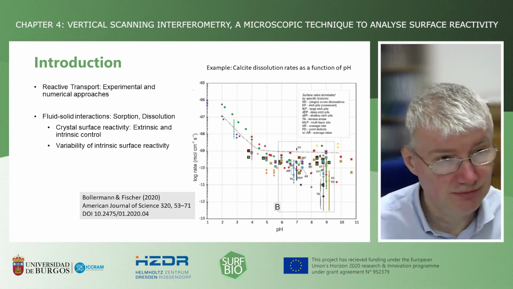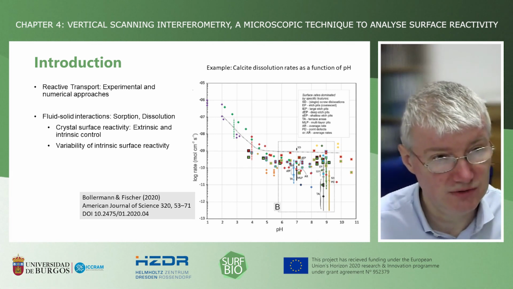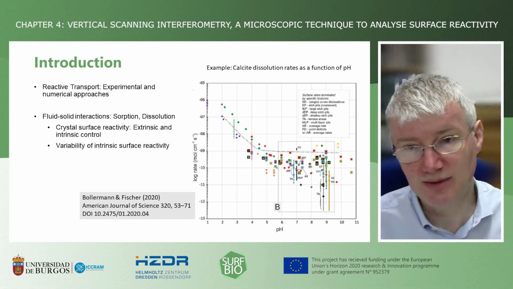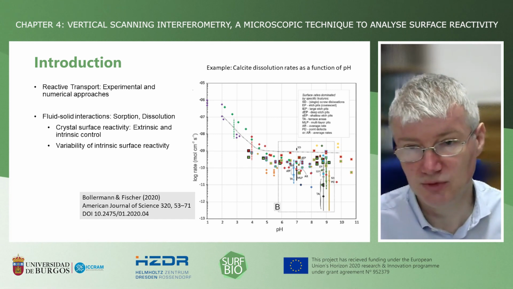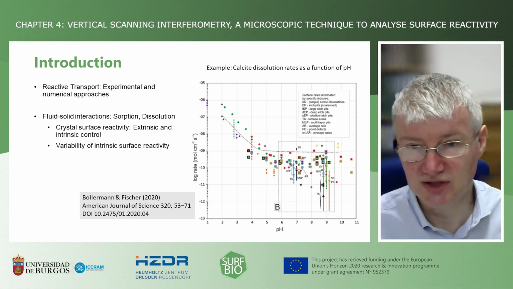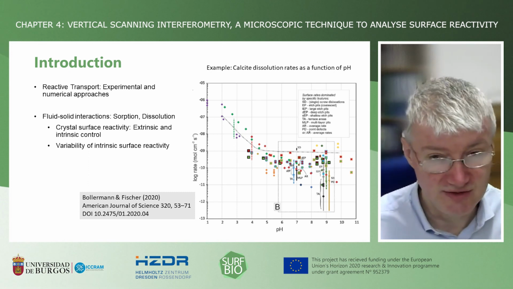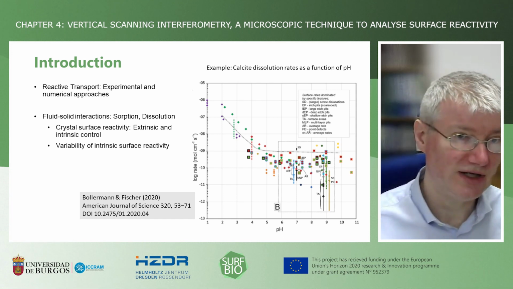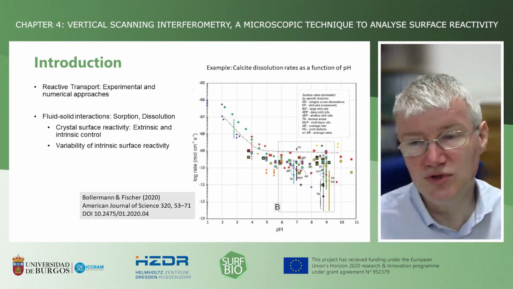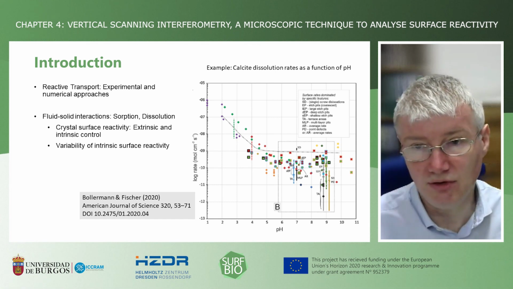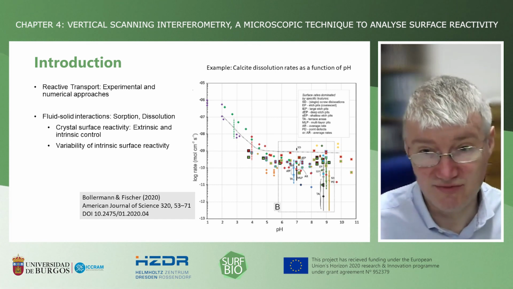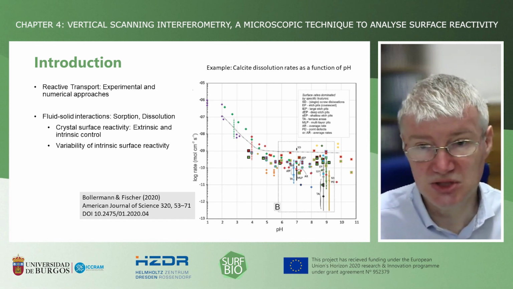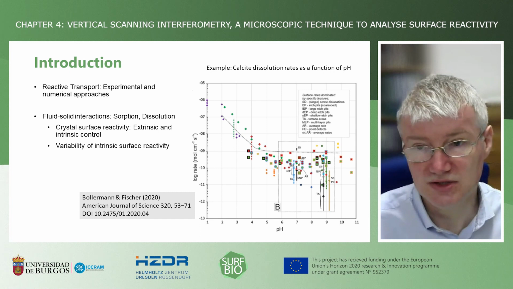That's an issue because parameterization of this range is pretty difficult to capture in reactive transport models. Usually we just plug in a single number, that's it. Nevertheless, our predictive capabilities are quite limited if we do not consider this large range, 2 or 3 orders of magnitude, which for longer periods of predictions might be quite significant.